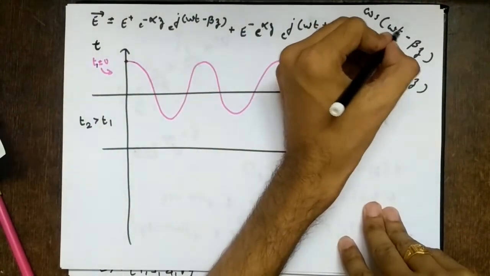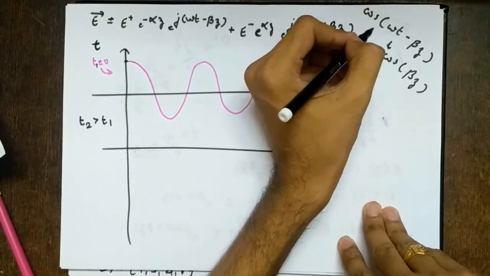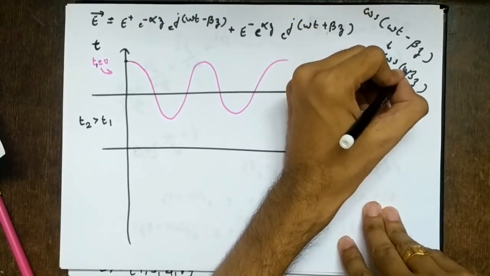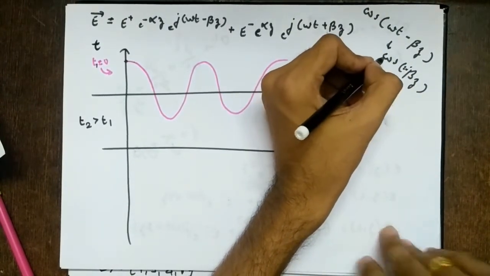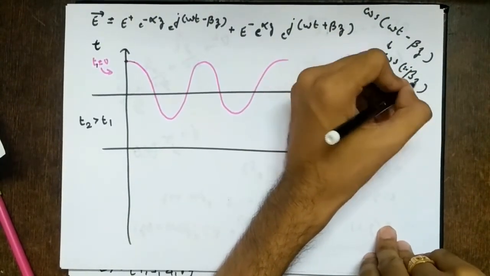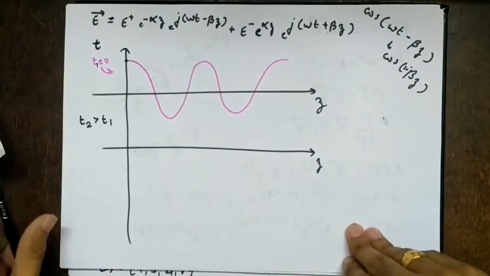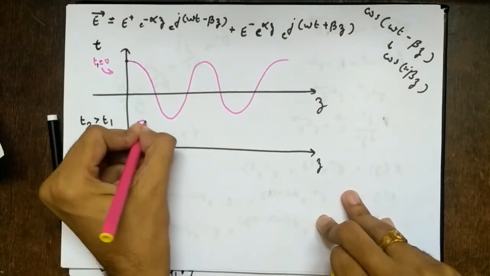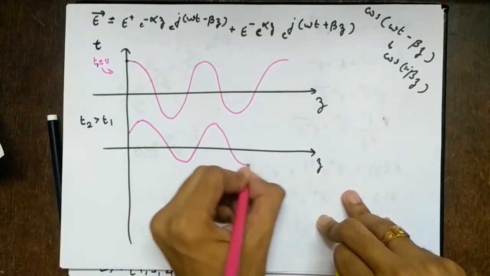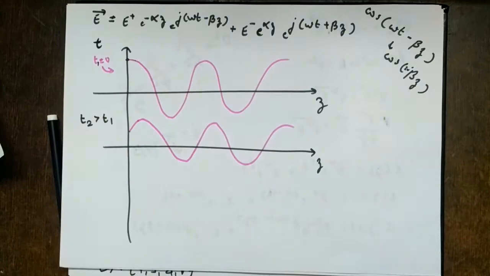So this will become 2 times omega minus beta z, right? So here also you'll get 2 omega minus beta z, right? So again, if you calculate this, you can take any arbitrary values and solve. So what will happen is the waveform will be somewhat like this. Obviously they will be symmetric about this.